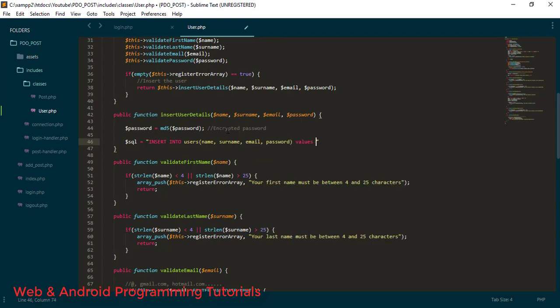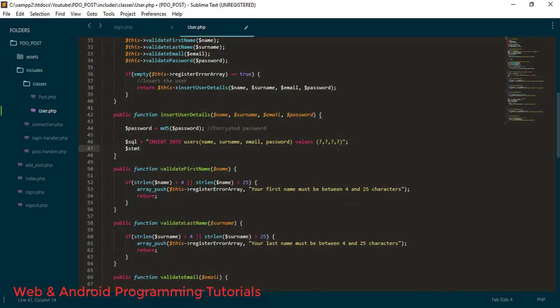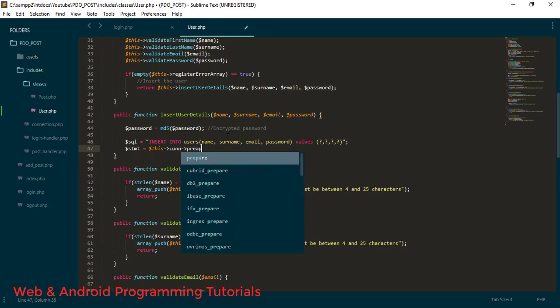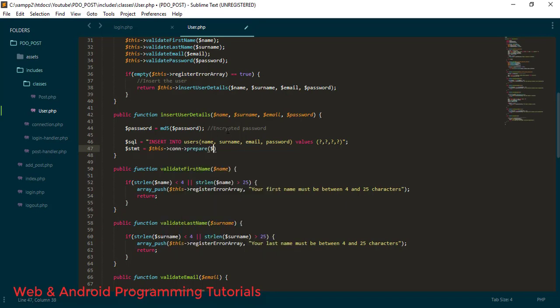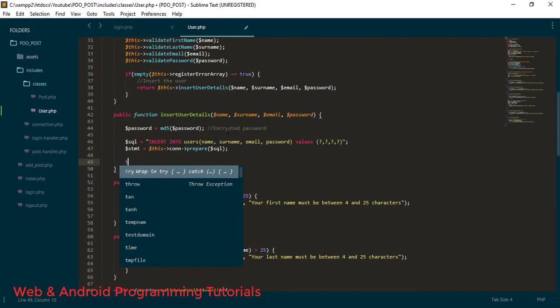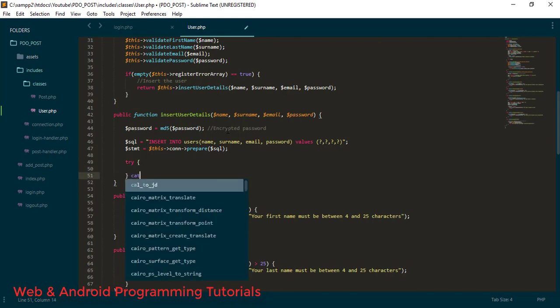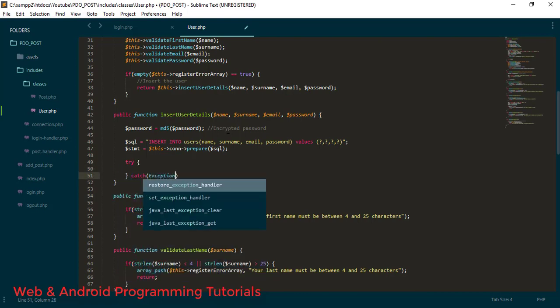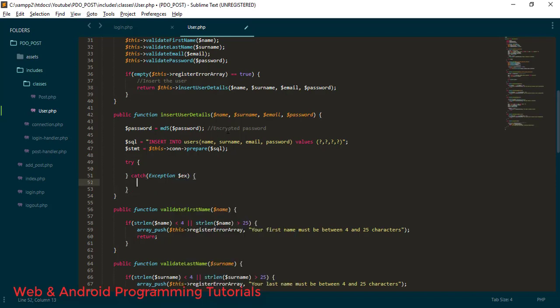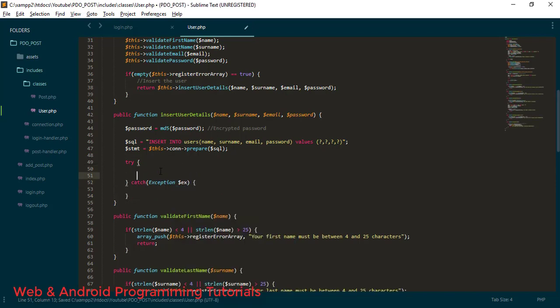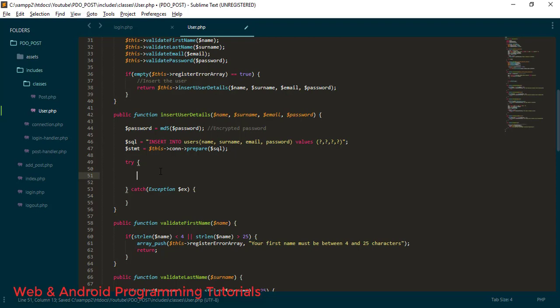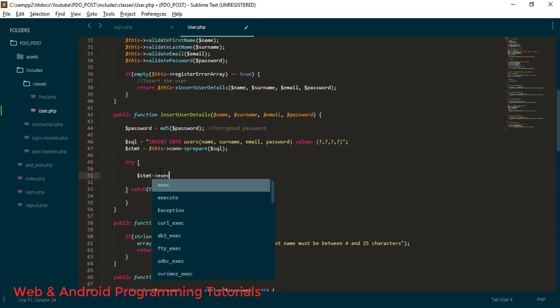And as values, I'm gonna send those values. Okay, so I'm gonna write a statement: this connection prepare is SQL. I'm gonna write a try and catch block here. I'm gonna check if there's an error or not. In this try block, I'm just gonna write here statement execute